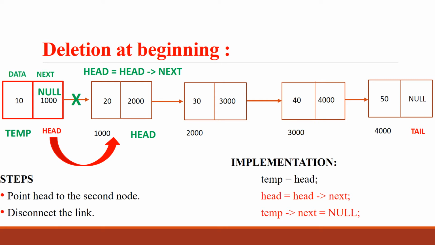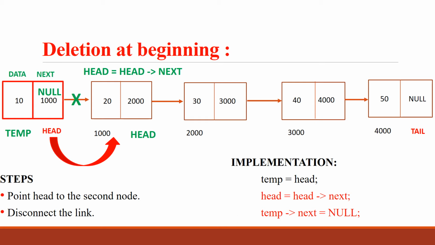Here the node is 20 and the address stored is the address of the next node, 30. That is, the second node's address is stored in the first node's address field. Here, in the place of 2000, we have to place the null value. Automatically the node will be disconnected from the linked list. After deleting the first node, we have to place the head at the second node. We can't modify the head directly.